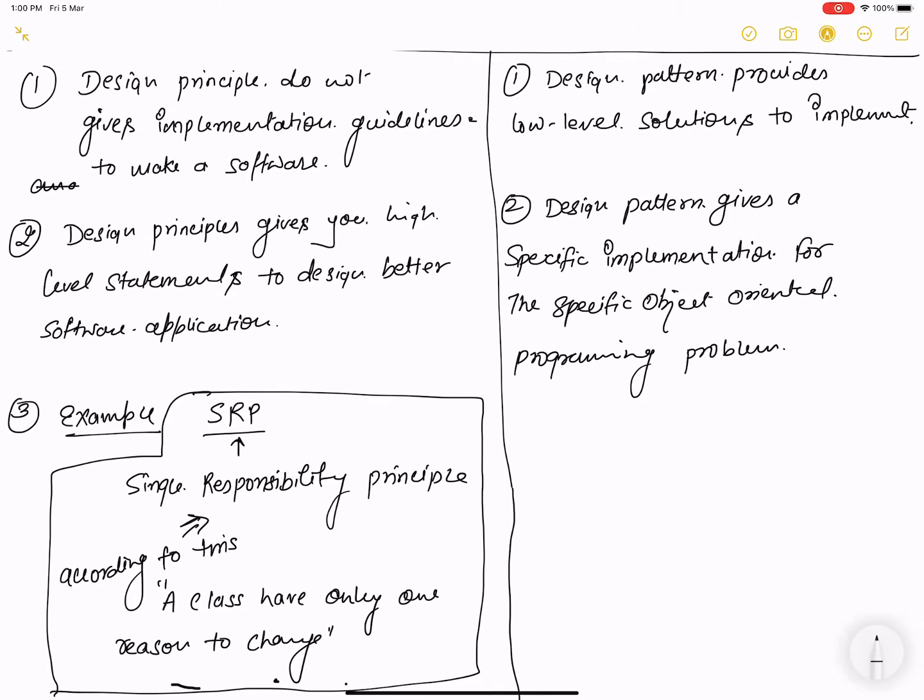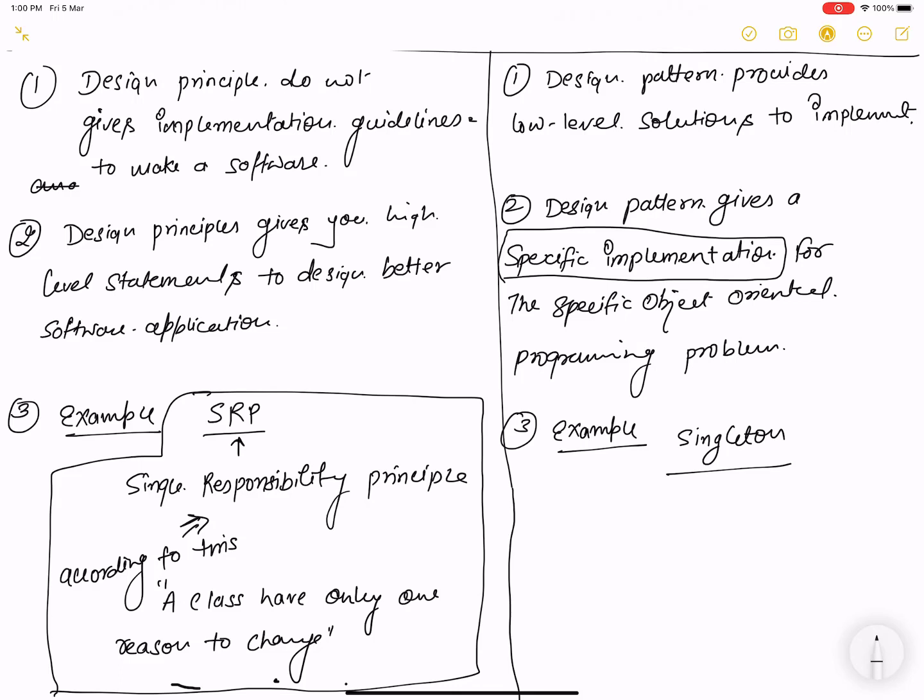but a design pattern provides specific implementation details. In that example you can use a singleton. So specific implementation is used in a design pattern, but a design principle does not use specific implementation. An example of a design pattern is singleton.